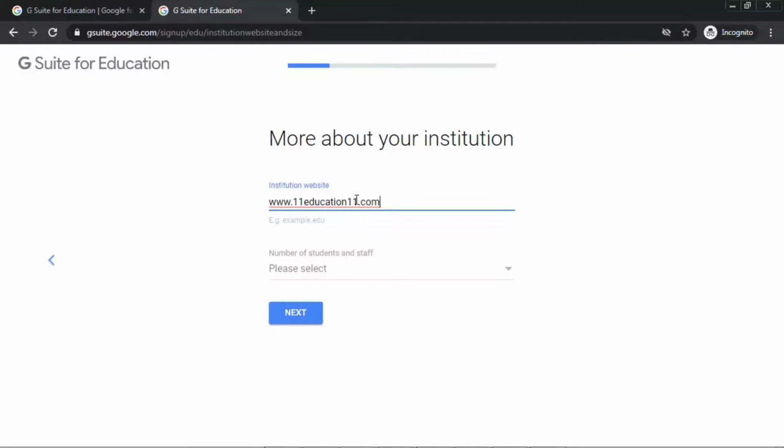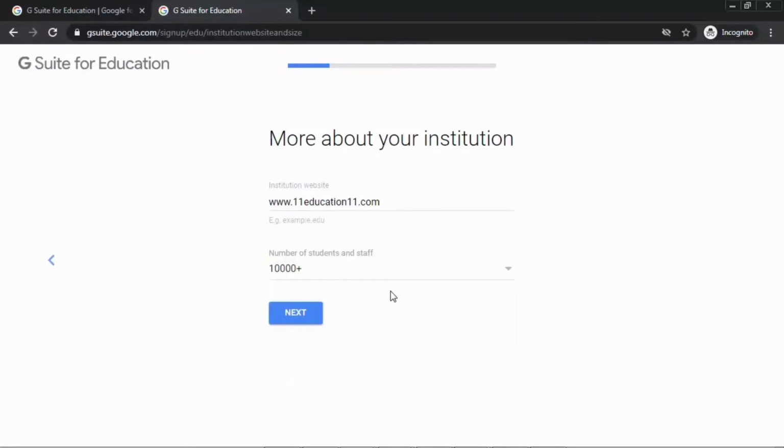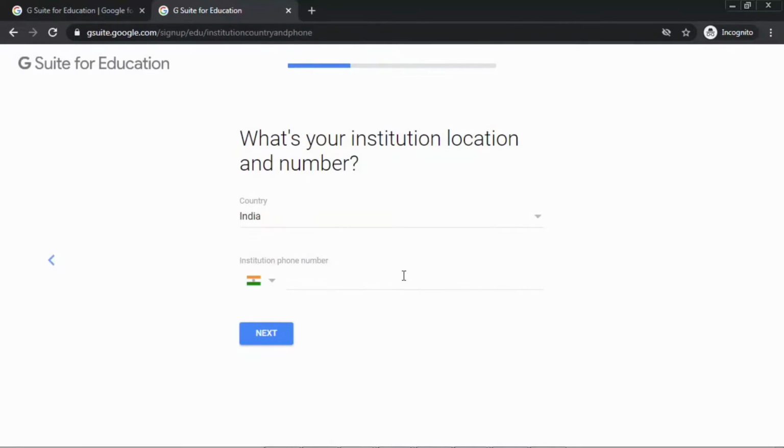I do not own this website, I'm just making this for this demonstration, but you have to input your own website name here. For number of students and staff, maybe 10,000 plus. It doesn't harm you if you select more than 10,000 plus. Click on the next button.